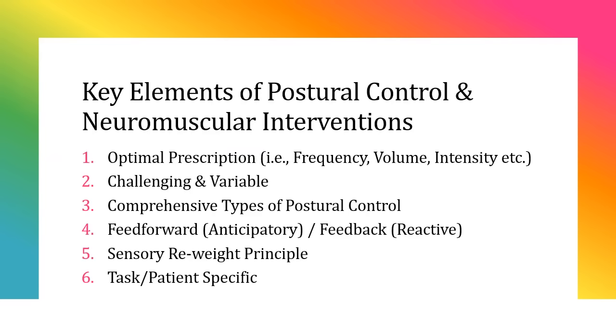Okay, so just quickly revisiting the key elements of postural control and neuromuscular interventions that we described. Optimal prescription and volume based off the literature. We need it to be challenging and variable. We have that. Comprehensive types of postural control. We have static as well as dynamic. We've incorporated anticipatory as well as reactive. We've accommodated to the sensory reweighting and trying to adjust for that principle